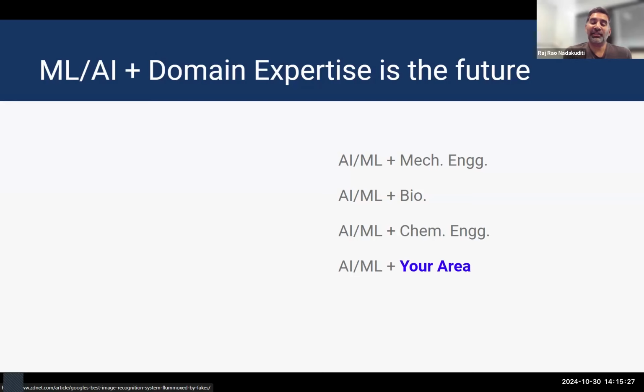Or you could take some of these algorithms and combine them with your skills in biology, chemical engineering, or whatever else you are expert in, in ways that allow you to harness the full power of AI and ML for your application domain and to be able to see successes in the way that you define it there.